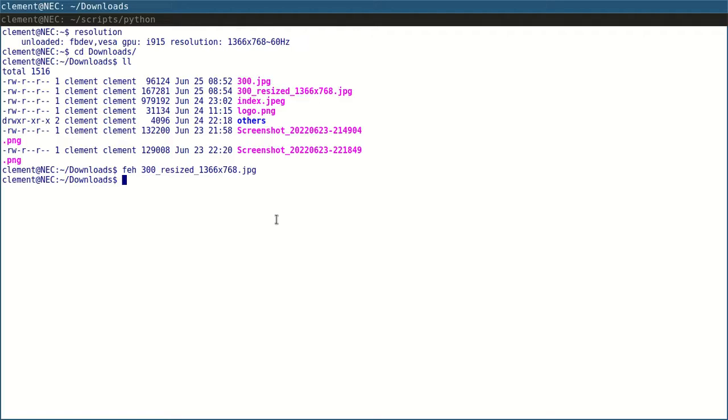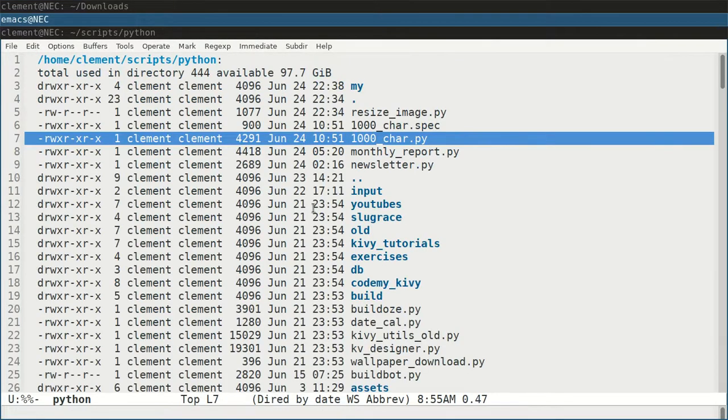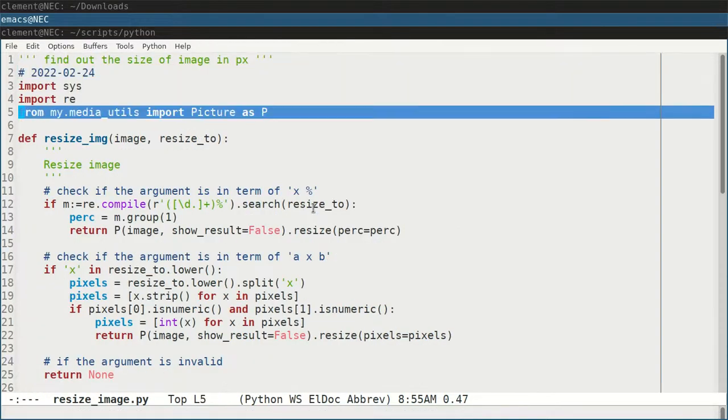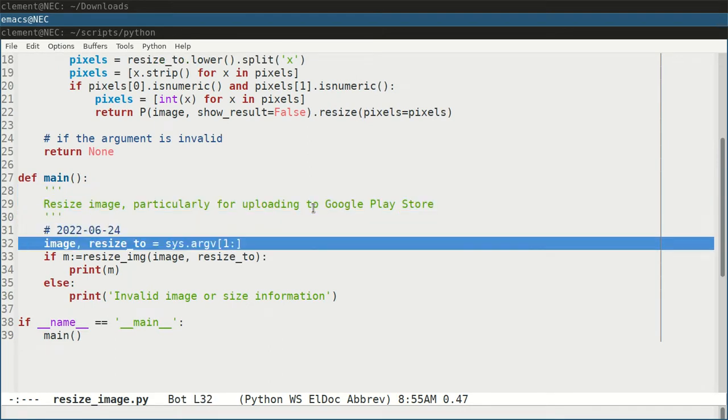Now I explain my script in Python, how I do it. I open the file in Emacs again here, and that is my directory, and resize image. First thing first, go to the main. I did it yesterday, and I got a tuple: image and resize arguments from the main argument to this program, and I test